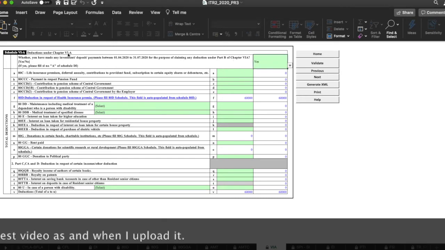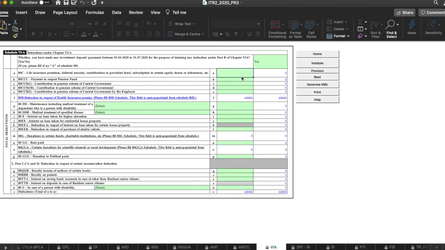You have to first select yes where it is asking whether you have made any investment or deposit in that financial year. Then you have to enter the invested amount. Under 80C you can claim up to 1,50,000. If you have invested in the Sukanya Samriddhi scheme, that also counts under 80C. For the demo, I'm putting 1,50,000.